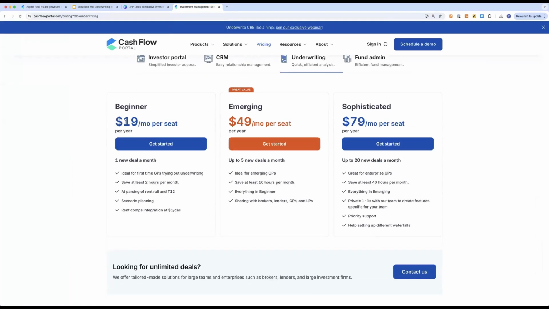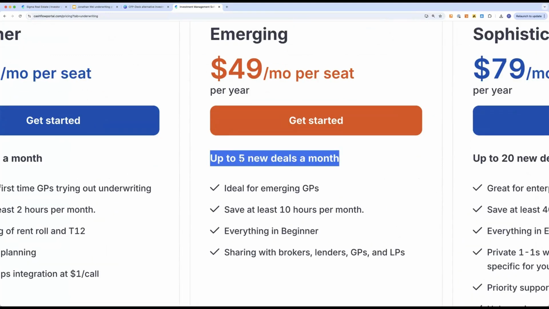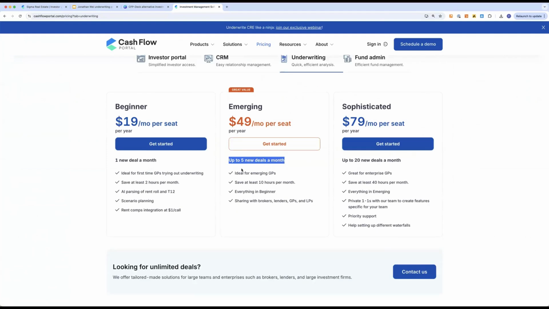On the beginner version, you can only share with at most one person. On the emerging version, you can share with at most five people, and so forth, so that one person in the whole mentorship doesn't buy it and share it with everyone else.